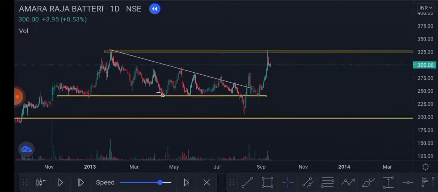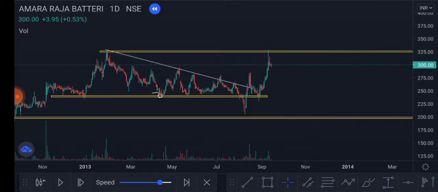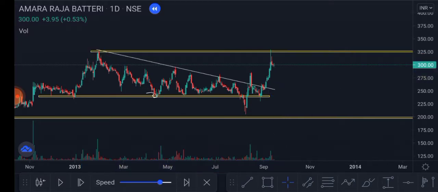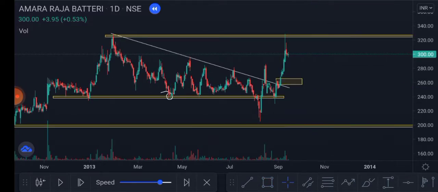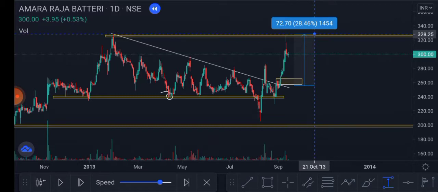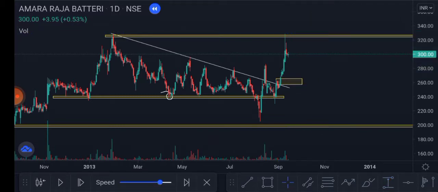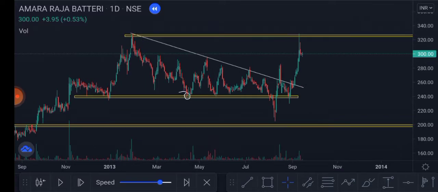What I did is, see, I told you I'll take a trade after the triangle is taken out. This is a triangle, right? I may have taken a trade here, but the next day there is immediate selling pressure, it came downside and it may have hit my stop loss. So what I'll do is, it should break the triangle and sustain above the next day also, and here will be my entry around 250 levels. What was my target? Just see this. Almost 30% in a couple of days. This is the first triangle pattern I got.